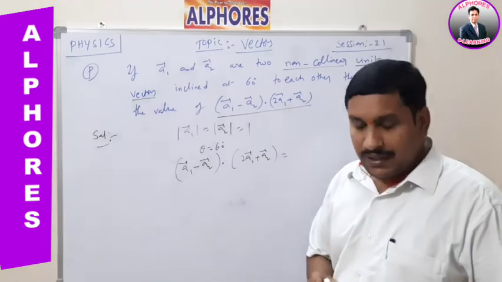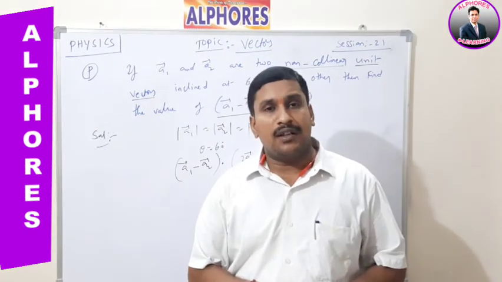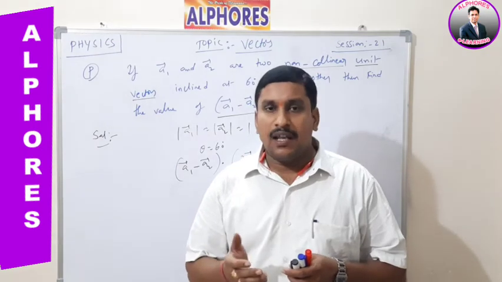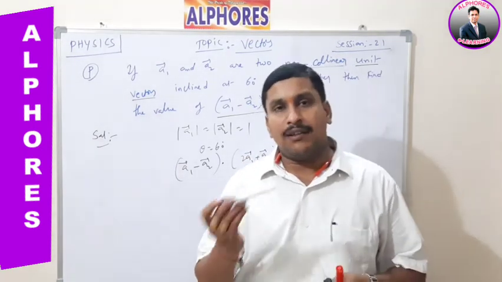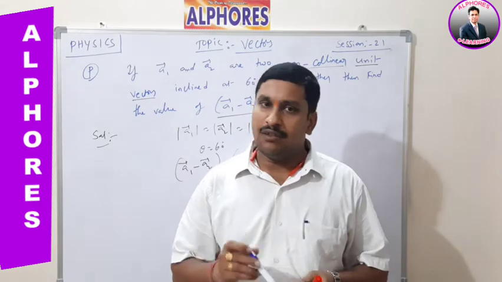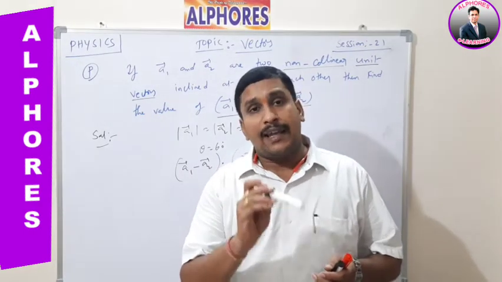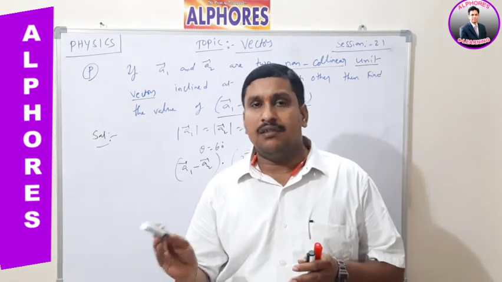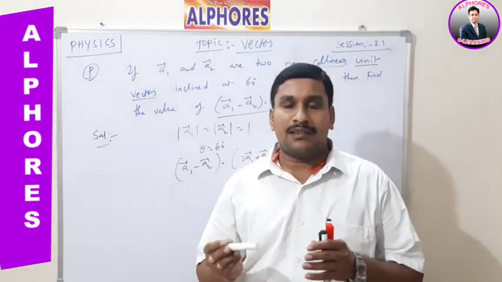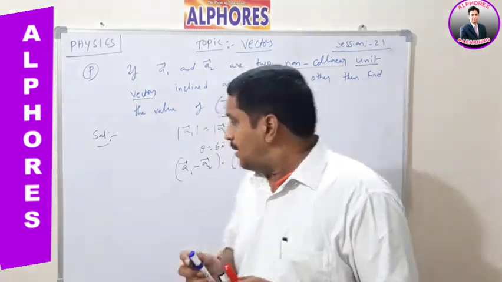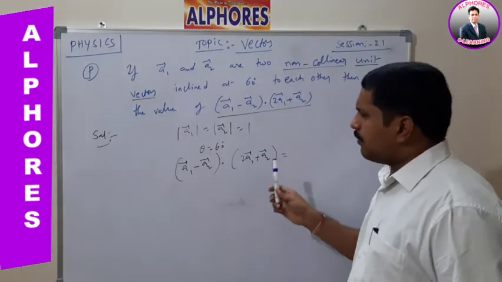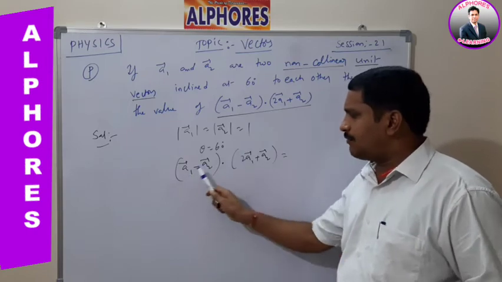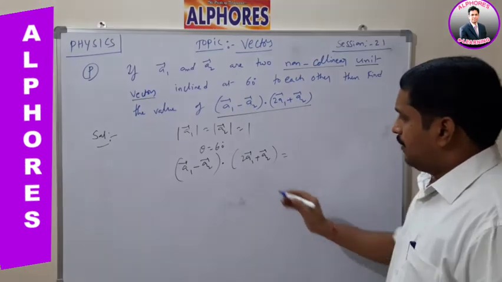But we know, as per the properties of the dot product of two vectors, the dot product of two like vectors is always 1, and the dot product of two unlike vectors, like orthogonal vectors, is always 0. Like i cap dot i cap is 1, i cap dot j cap is 0. That means the dot product of two orthogonal vectors is 0, and of two like, parallel vectors is 1. Now listen carefully. According to those properties, here A1 bar is there, here 2A1 bar.